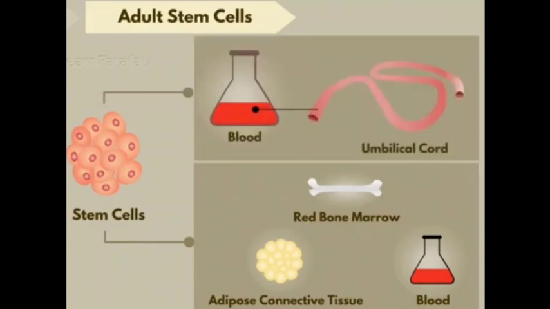The other one is your bones. The bones have the red bone marrow in them. From that also we can collect the stem cells. And the third one is the adipose connective tissue, which is present in our body, which stores the fat, and it gives insulation to our body. Insulation means protection from heat, extreme heat it can be, or maybe from cold. In that also you can get the stem cells. So from all these three mediums we can get the stem cells.